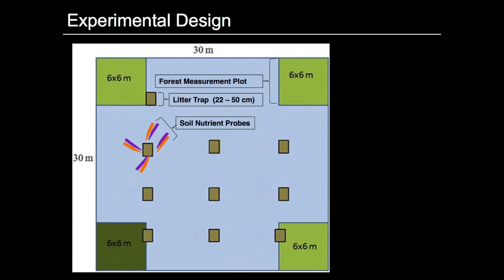Soil nutrients were measured using soil nutrient probes positioned at every litter trap and extracted at the end of the growing season in August. We also measured soil moisture at just one time using a theta probe at each of these locations corresponding to the litter traps, and averaged them across site.